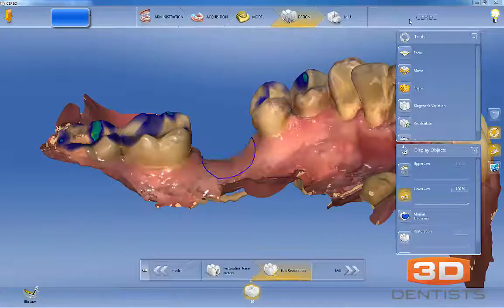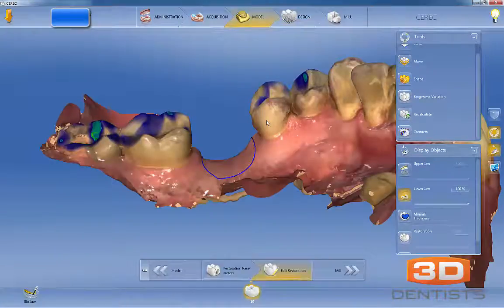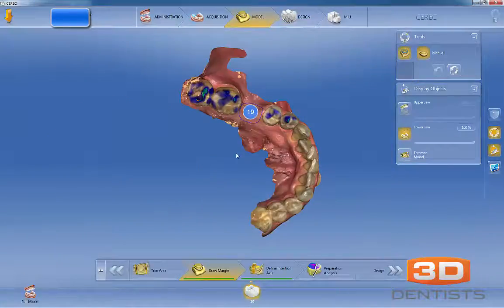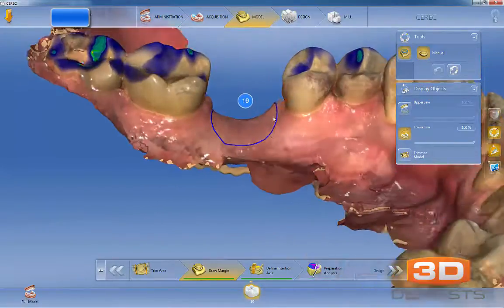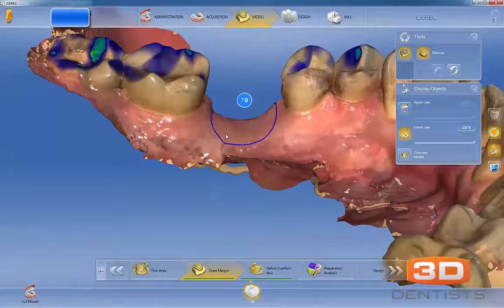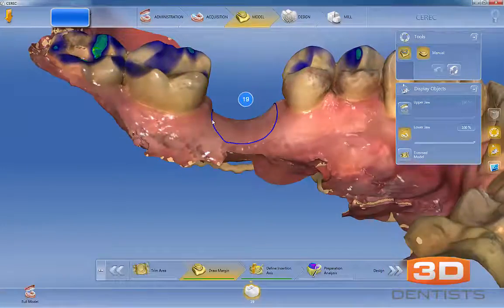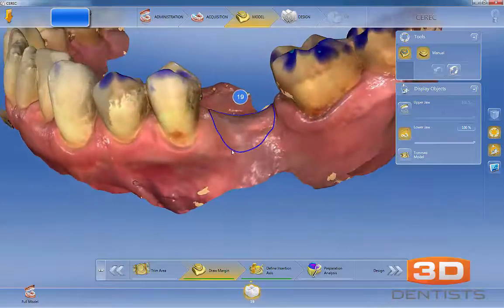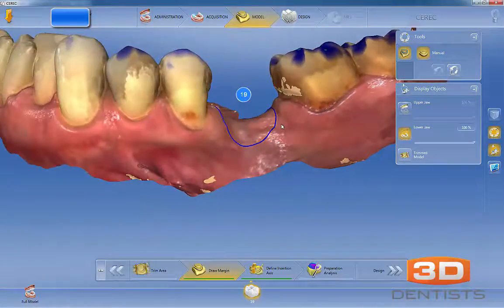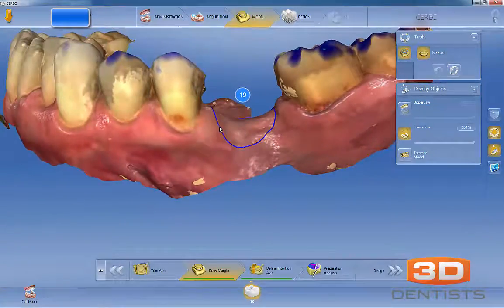Now in order to do that, you'll go back to the model phase here, and in the model phase you can redraw your margin without losing your design. So when I come in here to redraw my margin, I'll simply look at it straight on here, and I'll just come in like so, and then I'll come in here from the buccal, and same thing, you want it to come to about right here,